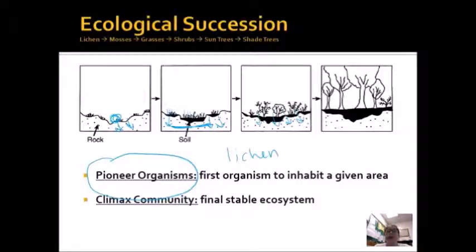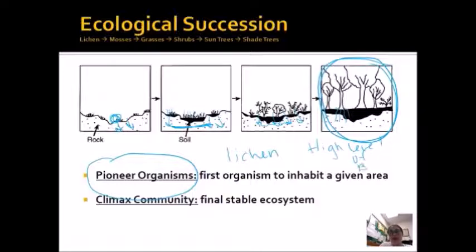And now maybe following the birds, we have the squirrels, and the squirrels carry the acorns, and the acorns carry the seeds for these big shade trees. And now at this point, we have broken down our soil enough so that there's enough room for the roots. There's also enough nutrients, and lo and behold, after this disaster, we have returned to our climax community, which is a stable ecosystem with a high level